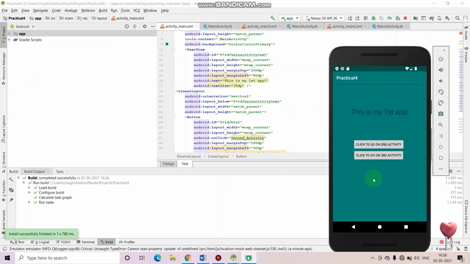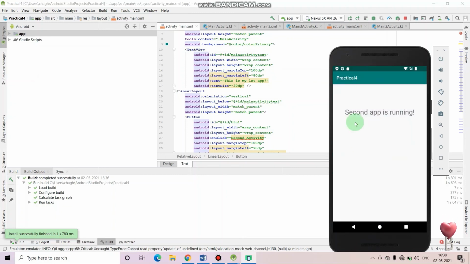Either, as I said, you can have buttons on these pages also, but it will take more work. You have to specify the listeners for both buttons in the main activity 2.kt file after adding the two UI elements, button 1 and button 3, on this page, for going to the first activity and the third activity.